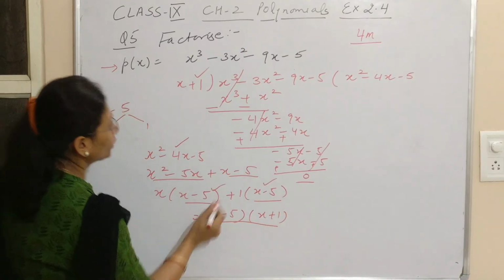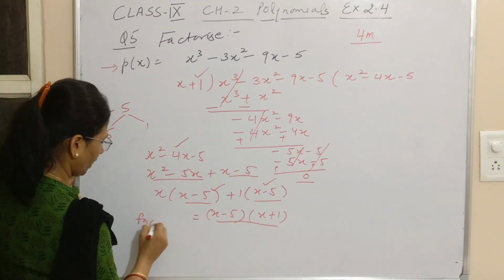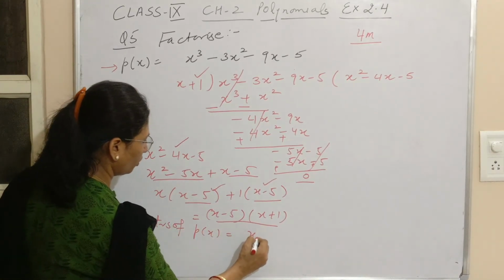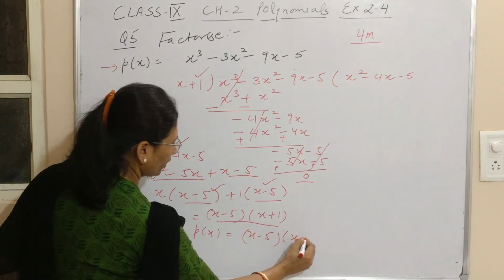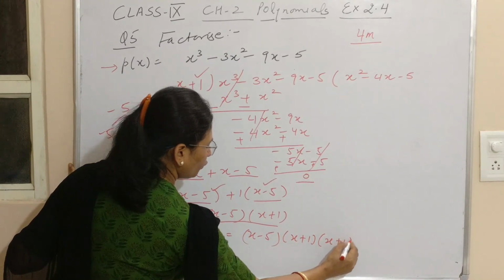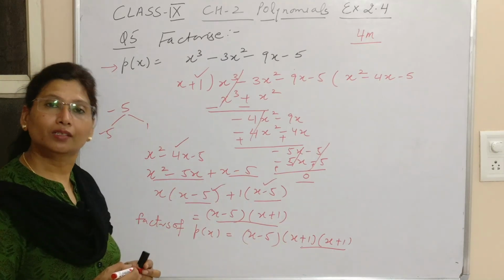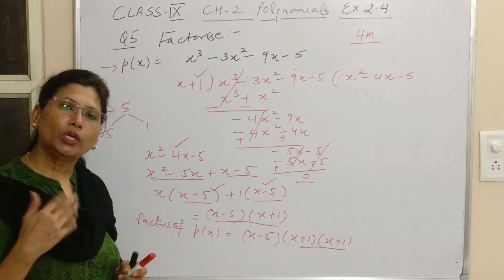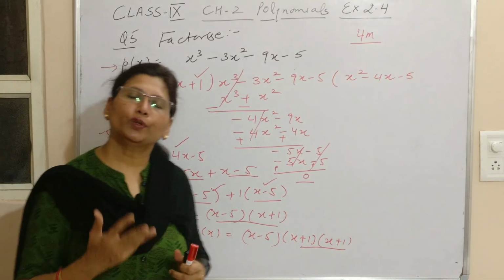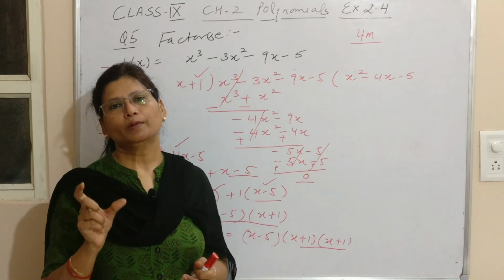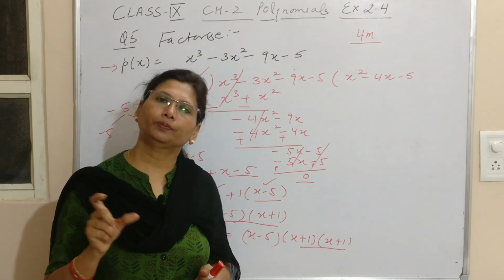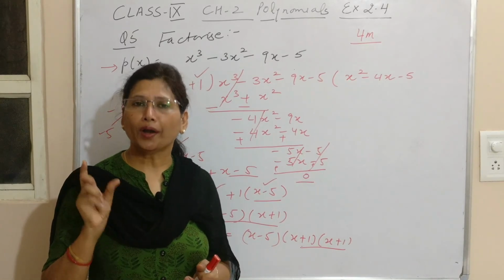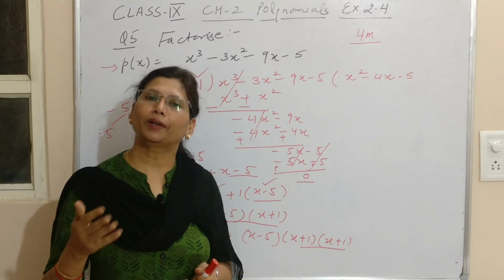So x plus 1. So here are the factors of p of x. You don't need to write the whole variable all over again. Here you can see we have two of the factors the same, that is, the repeated factors. So this way you have understood. In the cubic polynomial, first you need to see the values of x which make the value of the polynomial 0. That particular value gives a linear factor. Then you will divide, you will get a quadratic polynomial, and we will factorize it by splitting the middle term.